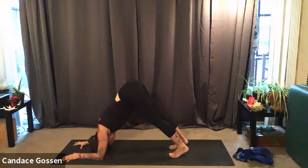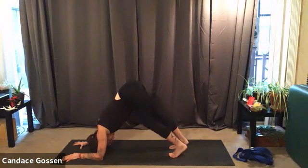Pull belly up. Reach through those heels. Press through those elbows. Straight up into the back and keep pressing back through those clavicle bones. Let's take 3 more long, deep breaths. And 1 more. And then just to match what we did on the other side with bridge, one leg lifting,